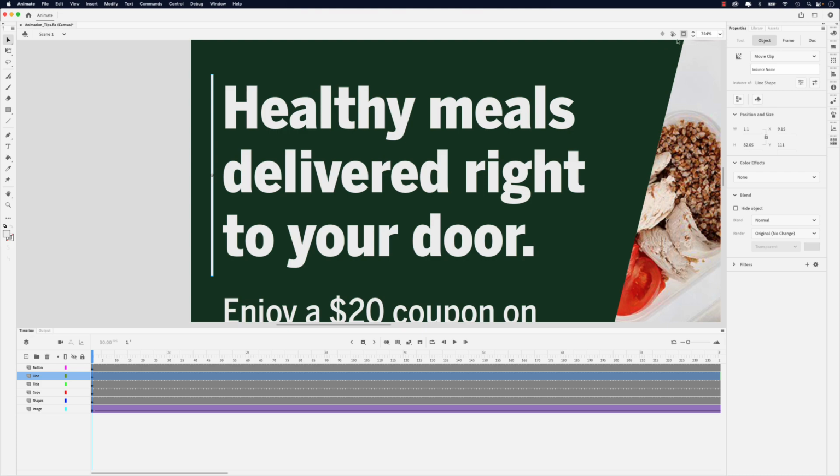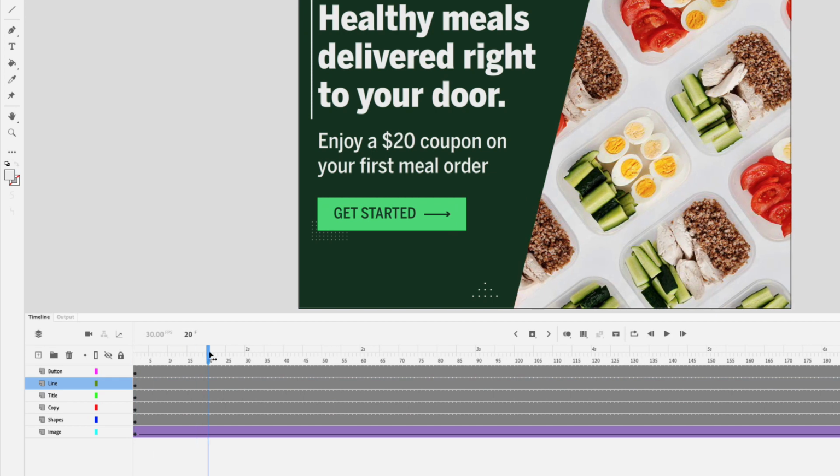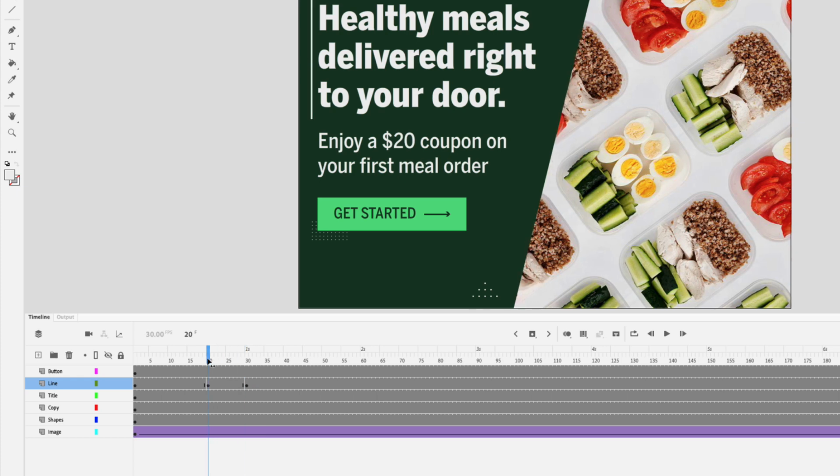Before we do that, I'm going to go back to the fit in window view. I'm going to move the playhead to the 20 frame mark, click there, and add a keyframe by pressing F6. Move the playhead to the 1 second frame mark, click there, and press F6 again. I'm going to move my playhead back to the 20 frame mark, click that frame, and